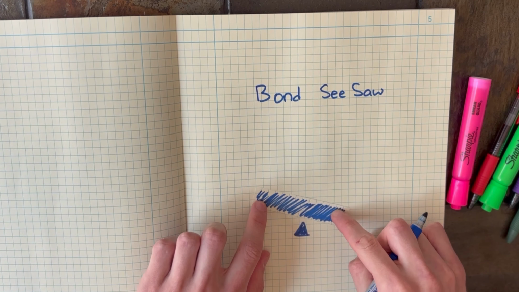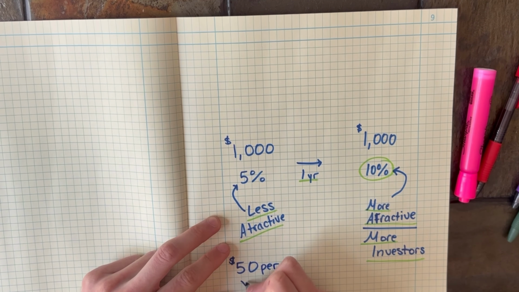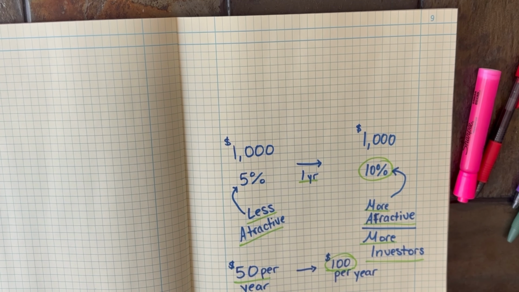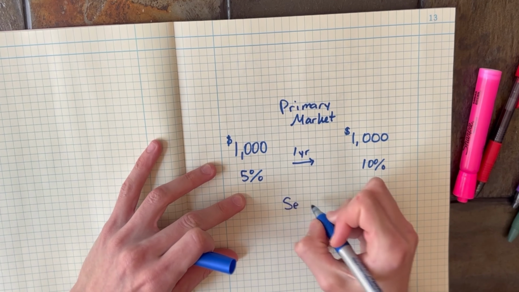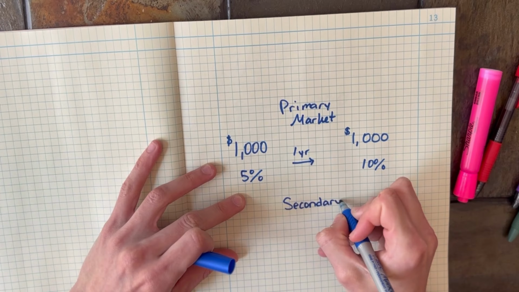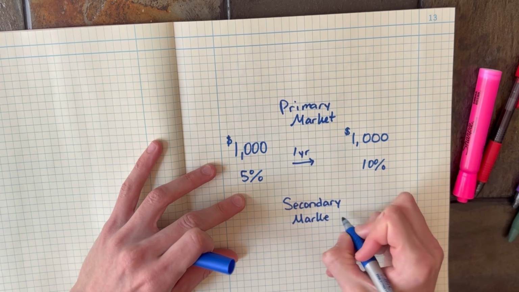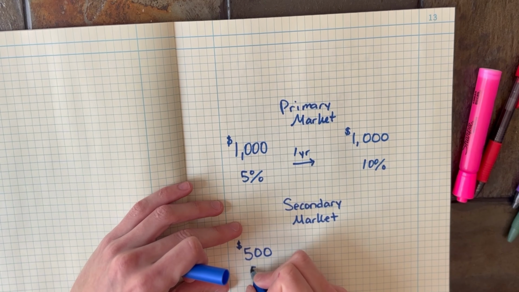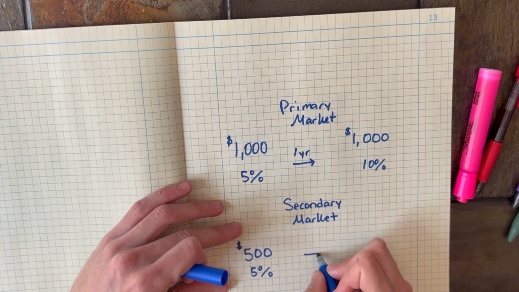So you buy that $1,000 bond with a coupon of 5%. Well, 1 year later, a new set of bonds are issued, and they offer a coupon rate of 10%, making your 5% bond less attractive to investors because they can get a higher coupon payment and higher yield. Investors think, why would I pay $1,000 for $50 per year when I can get $100 per year elsewhere? If you'd like to sell your bond on the secondary market, you would need to offer it at a price lower than your par value. This is what we call selling at a discount. To determine that selling price, you would need to have a yield that is comparable to the newly issued 10% bond.